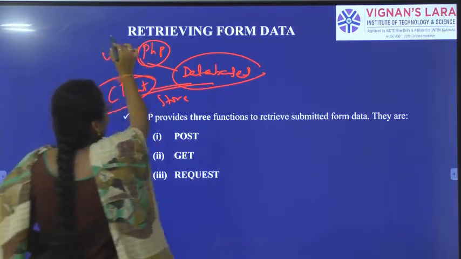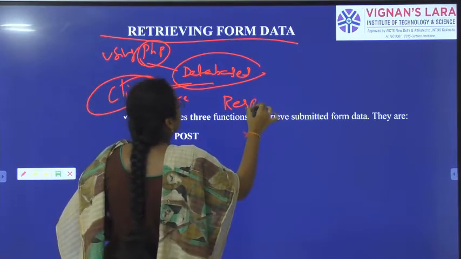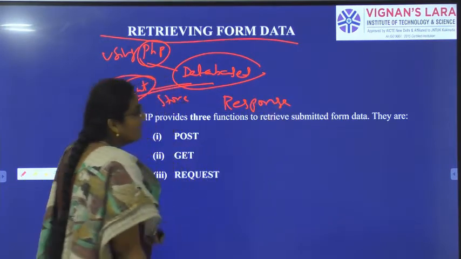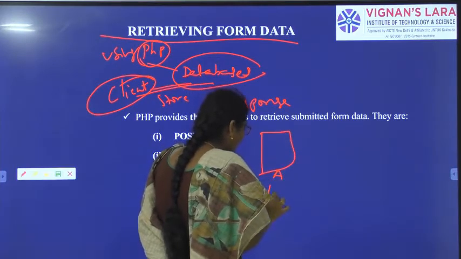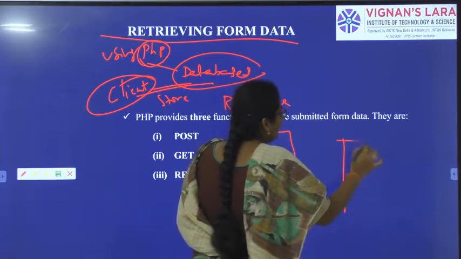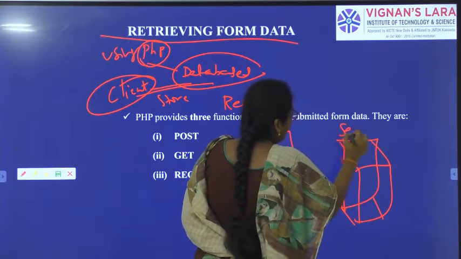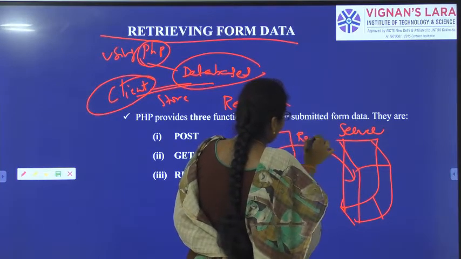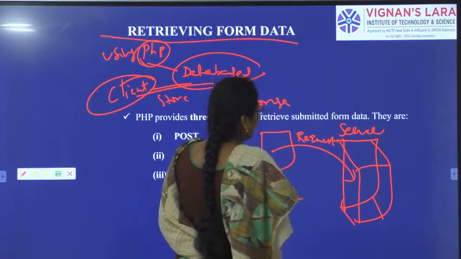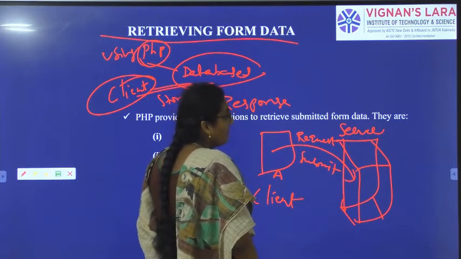Next one is retrieving the form data, means you want to get the response from the database. Till now what we have done, we have the client machine and we have the server also. Till now this client is requesting the database. This request is nothing but submission of data or storing the data.